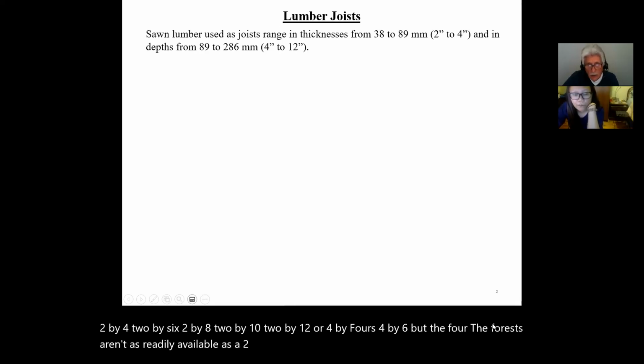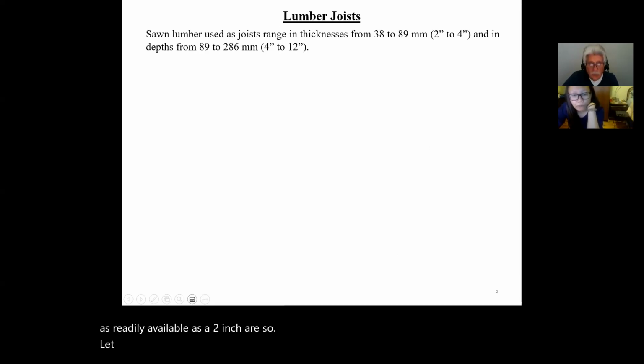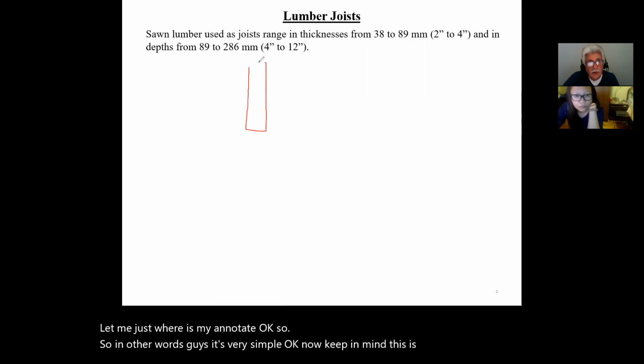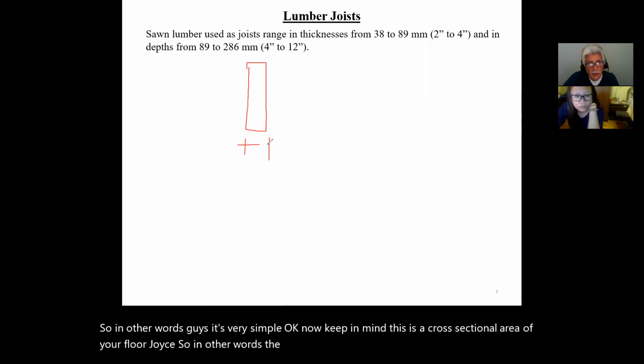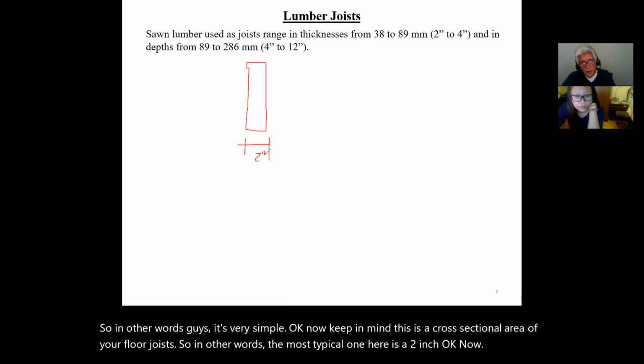So let me just, where's my annotate? Okay. So in other words, guys, it's very simple. Now, keep in mind, this is a cross-sectional area of your floor joist. So the most typical one here is a 2-inch. Now, keep in mind that